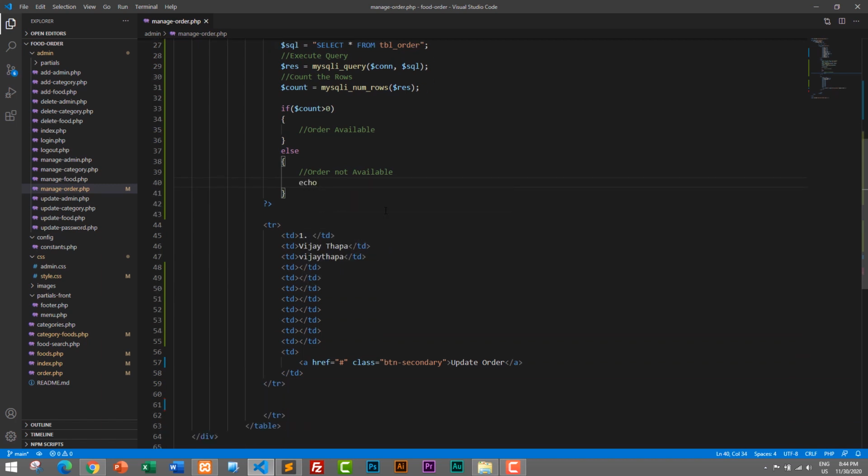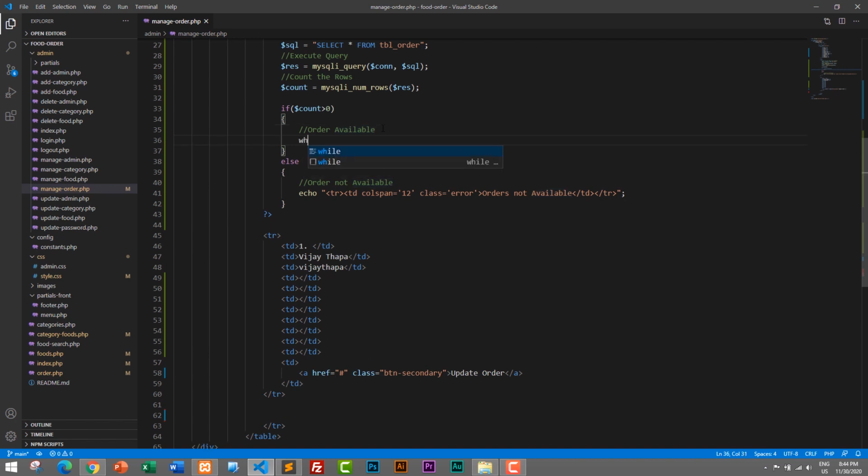So for that I will use echo, and inside this echo I will create a row tr/tr, and then we need to create column td/td, and here we will say orders not available, and here we need to add colspan is equals to 12, and we need to pass class as well. So class is equals to error. Okay, error. That's it. Save it, and when order is available we need to use while loop to get all